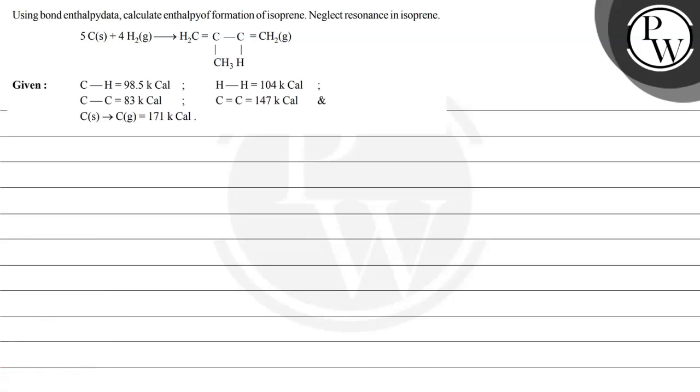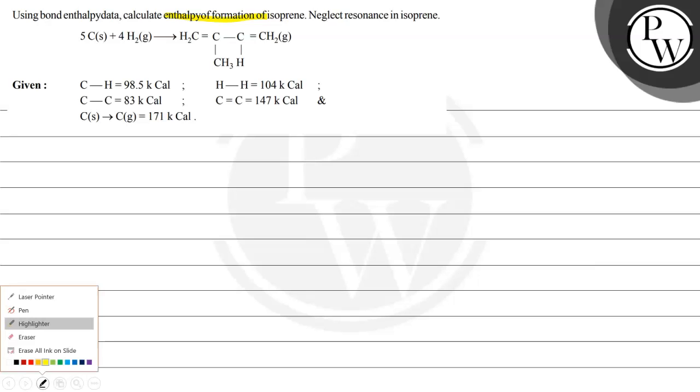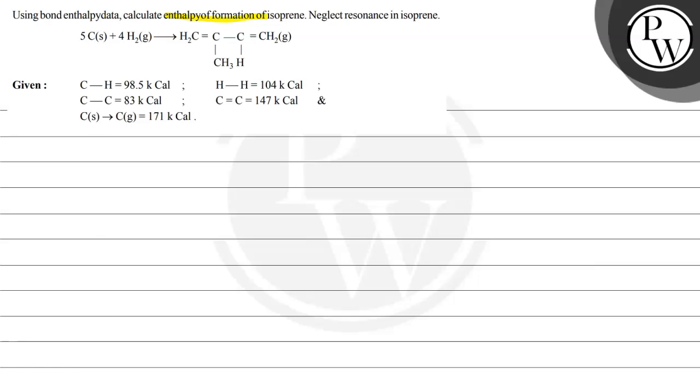So the question says, using the bond enthalpy data, calculate the enthalpy of formation of isoprene and neglect the resonance in isoprene. So 5 carbon plus 4 hydrogen gives CH2 double bond C CH3 then CH double bond CH2 in gaseous form. And these bond enthalpy and enthalpy of sublimation data are given. So let us solve this question, and here the key concept is